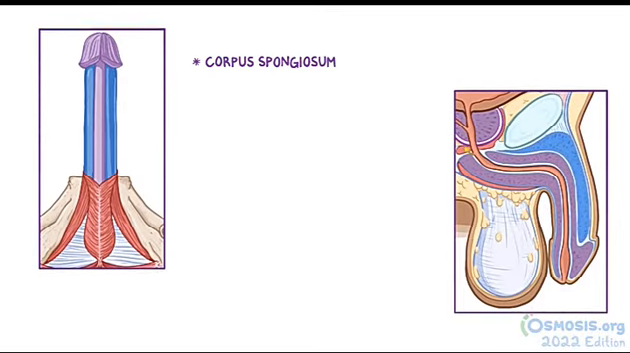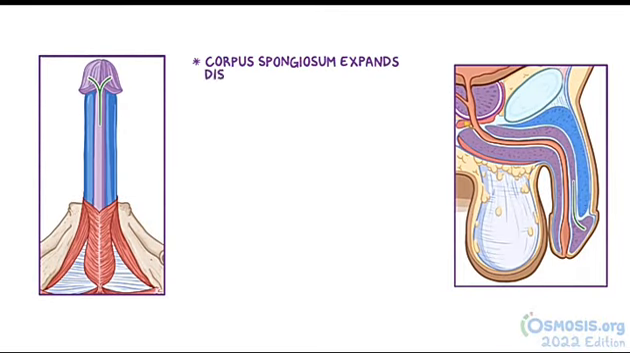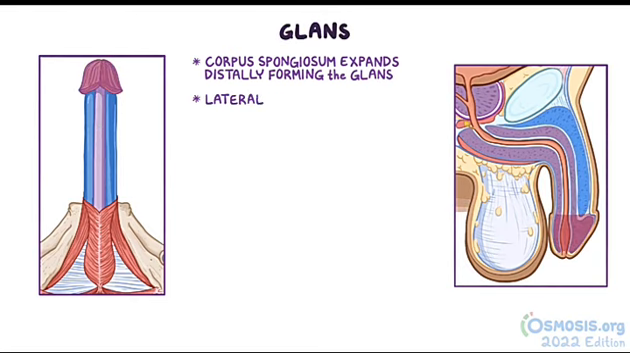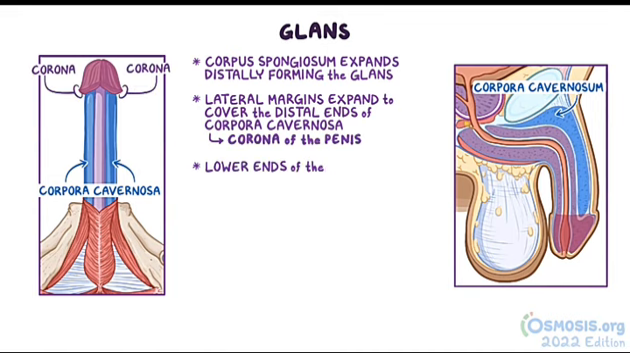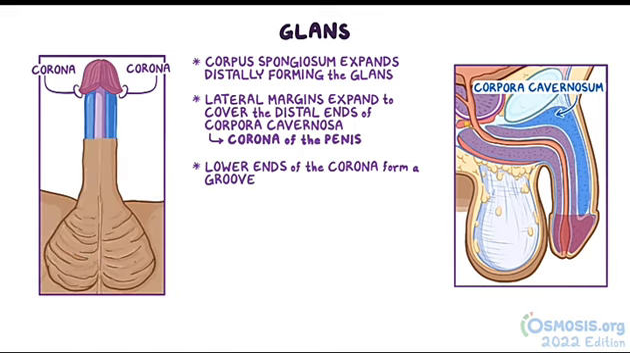Now, the corpus spongiosum courses through the body of the penis and expands distally, forming the glans penis. The lateral margins of the glans penis expand to cover the distal ends of the corpora cavernosa. These extensions are called the corona of the penis. The lower ends of the corona form a groove that connects the body of the glans penis called the neck